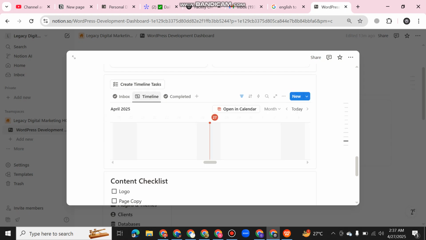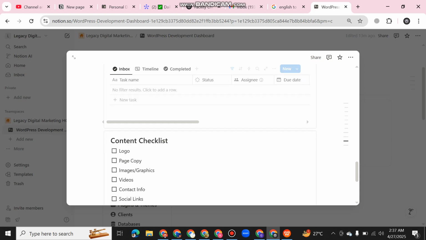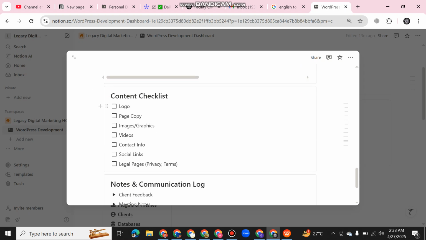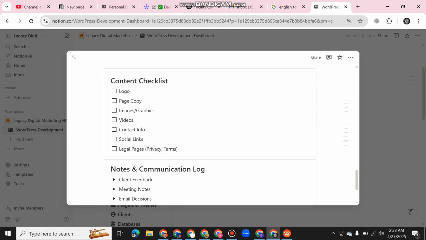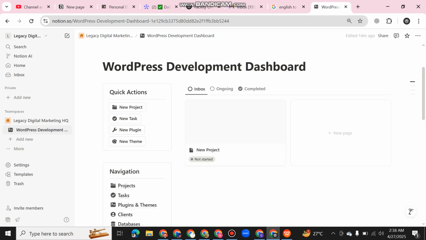So more here you can use timeline, check out timeline, and you can check out completed tasks with the help of filter. Then content checklist like logo, page copy, image, video, title, and so more. Here communication log like client feedback, meeting notes, email, and change request, and so more. In this, like new project. Then new task, when you open new task,